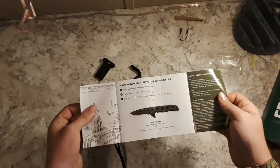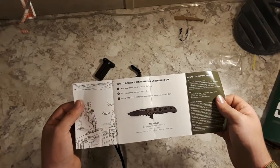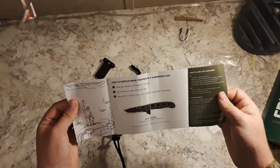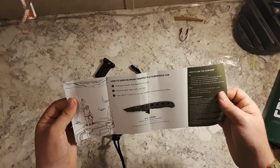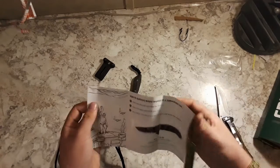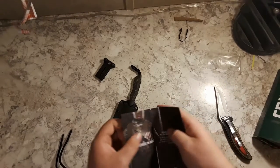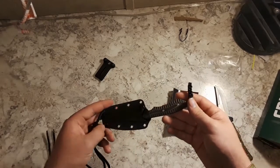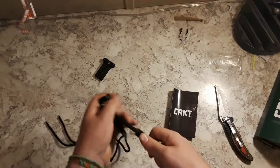Aha, yes, this is a knife we need to get on the channel. How to survive when trapped in a submerged car. Very, very nice mall ninja information there. So yeah. Alrighty guys, that's gonna be about it for this video. I know this was rather short, but